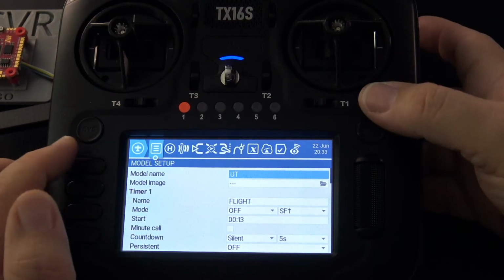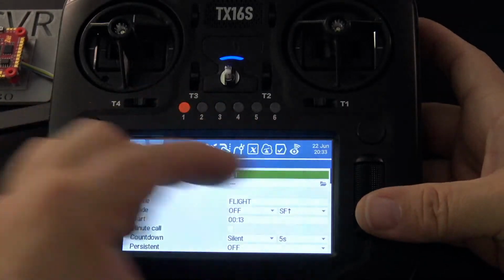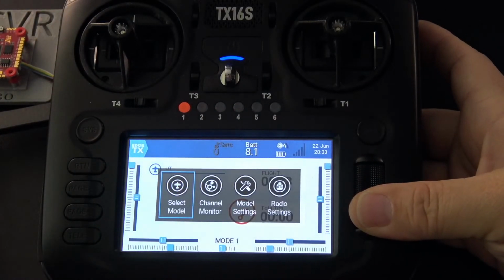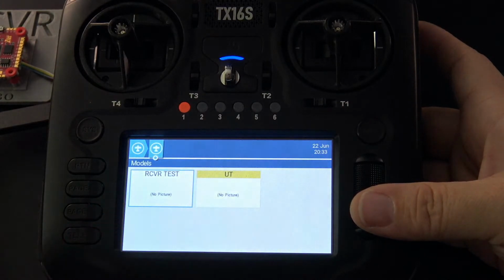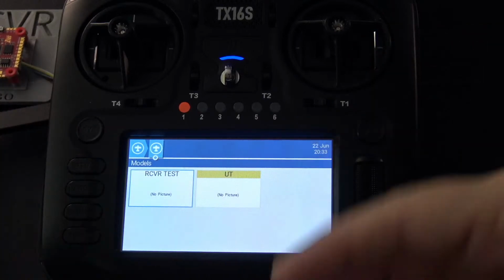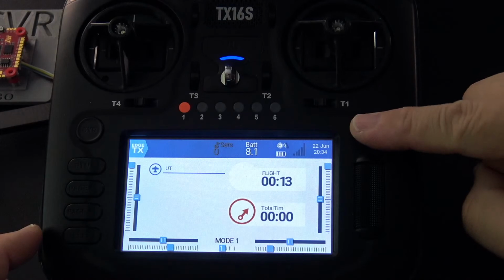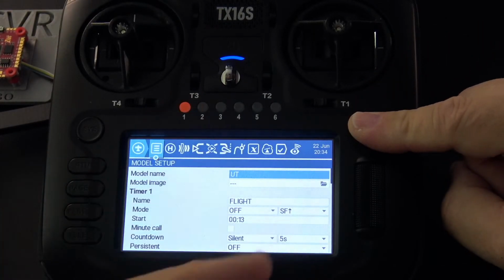If I long press this button, we want to bring up the model selection wizard. Right now that's not the case: you have to go back to the main screen, long press, and then select model. So they're reimagining the way key bindings work, so that if you press this button, you always go to model settings, and if you long press it, you always select your model.